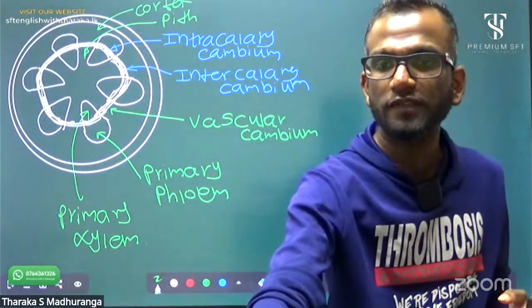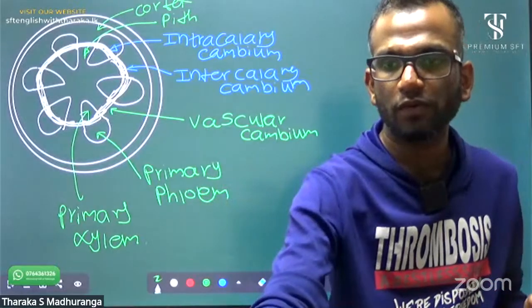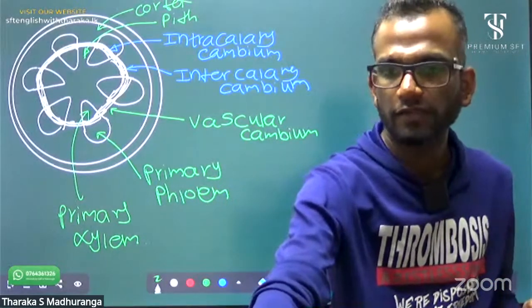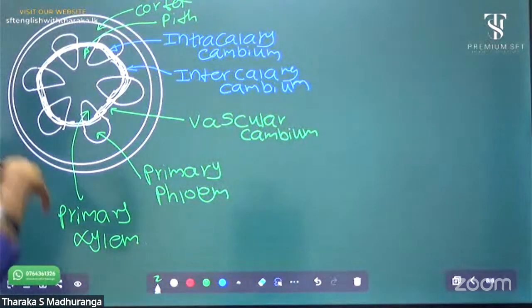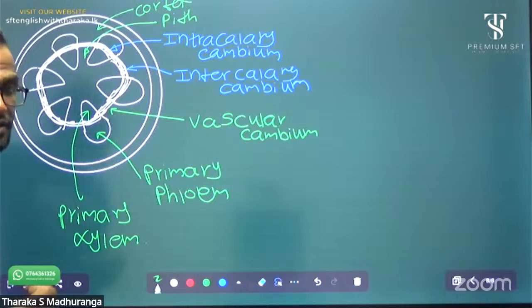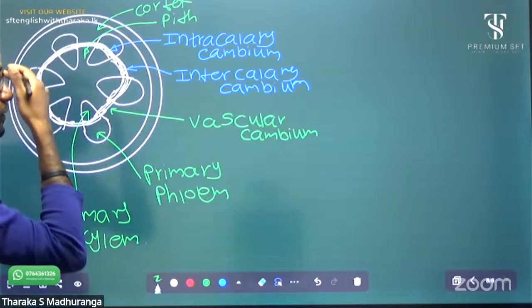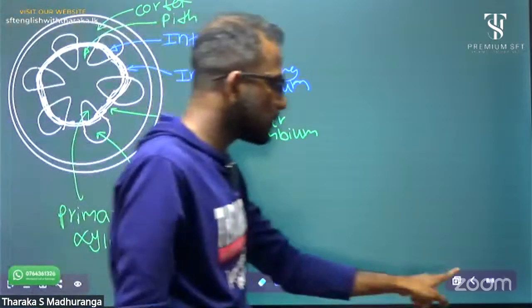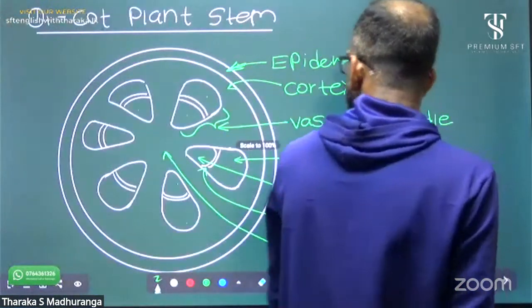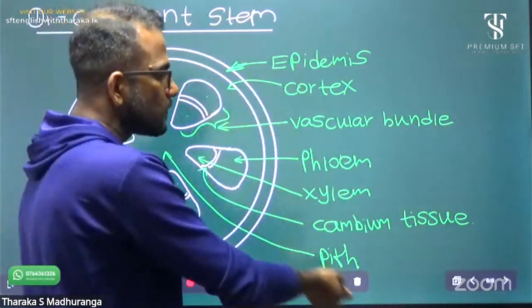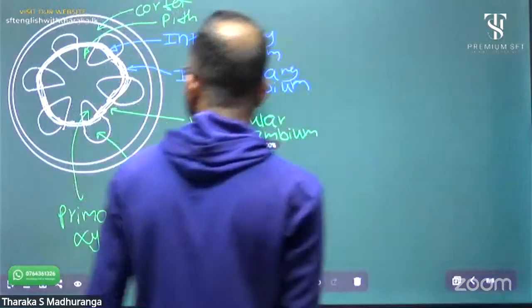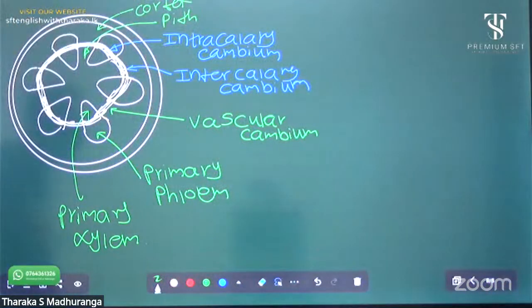Clearly draw this. This is the second step, the secondary growth. Write down the topic: secondary growth of dicot plants. And first you can draw the simple structure. First draw this one, the initial cell structure, and then you can draw this one. Draw clearly, otherwise it is very difficult to understand.